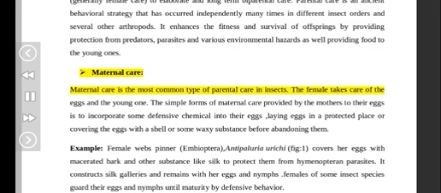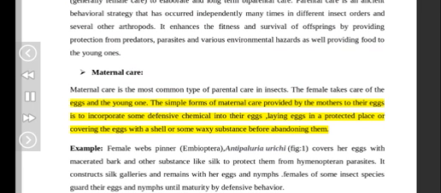Maternal care. Maternal care is the most common type of parental care in insects. The female takes care of the eggs and the young ones. The simple forms of maternal care provided by mothers to their eggs are to incorporate some defensive chemical into their eggs, laying eggs in a protected place, or covering the eggs with a shell or some waxy substance before